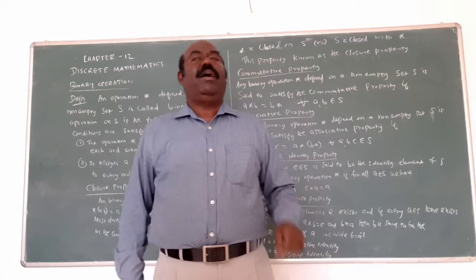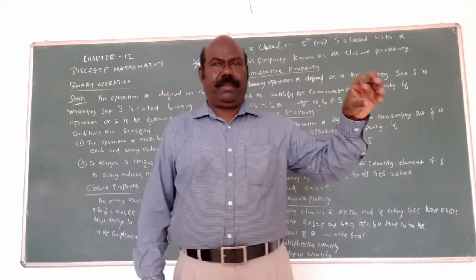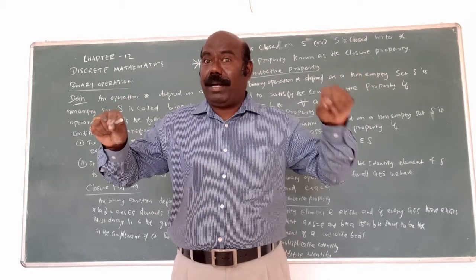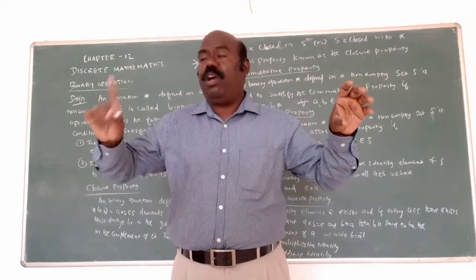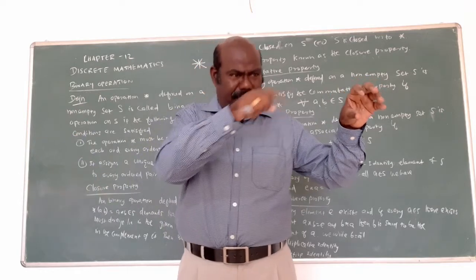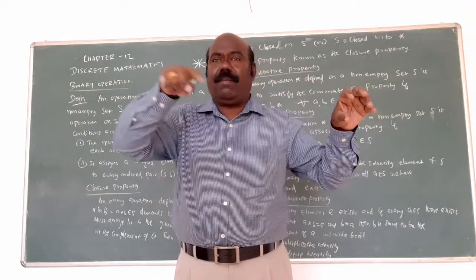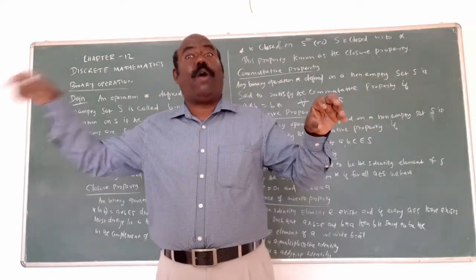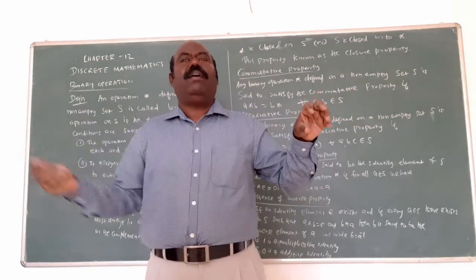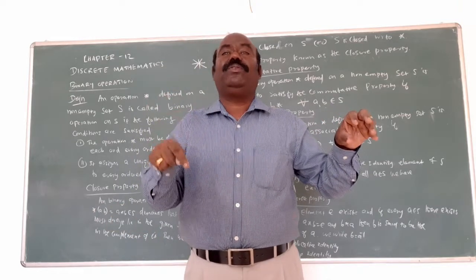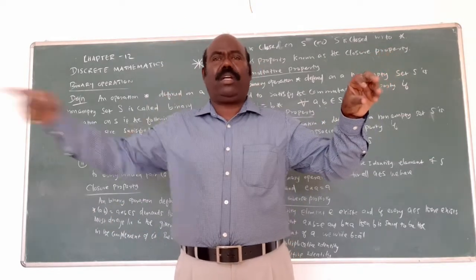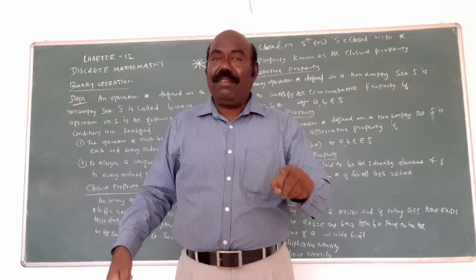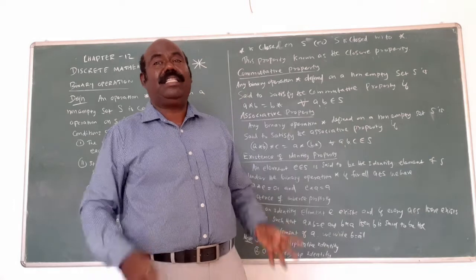For example, multiplication. Suppose 2 is there. You want to multiply by some element and get the identity element. In multiplication, the identity element is only 1. 2 is there, multiplication is there. For what element will we get 1, because 1 is the identity element? You put 1 by 2. 2 into 1 by 2 becomes 1. That's why 1 by 2 is the inverse element of 2. That is the answer. In this way you will find it.